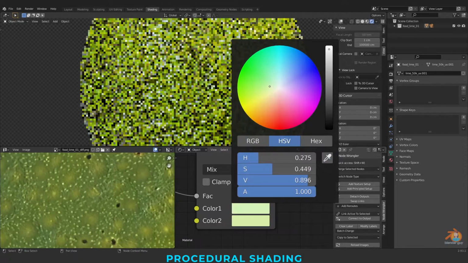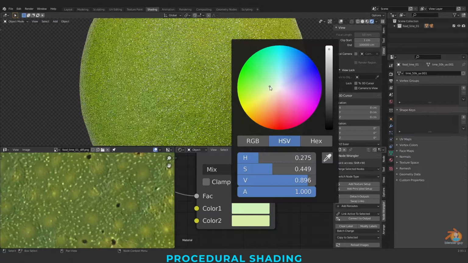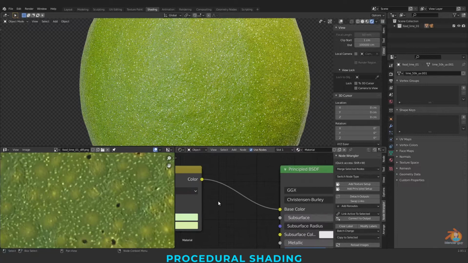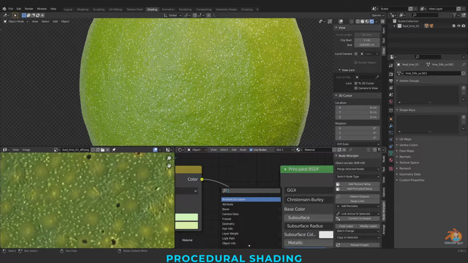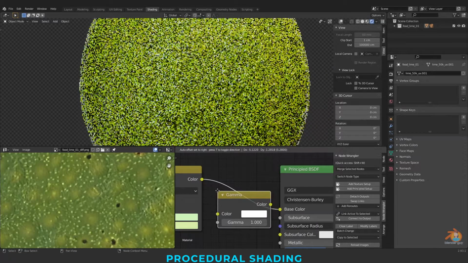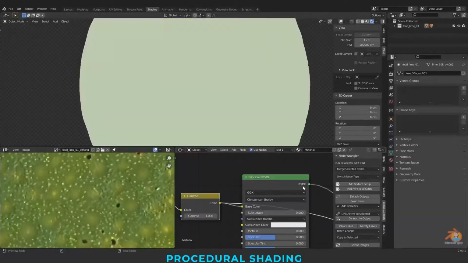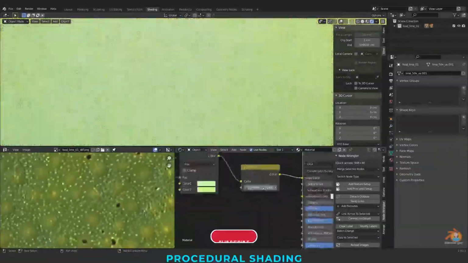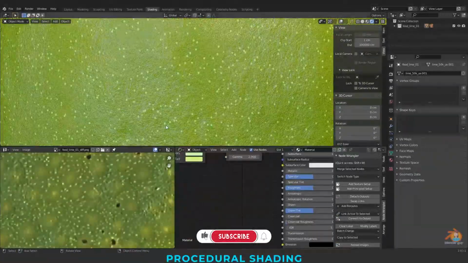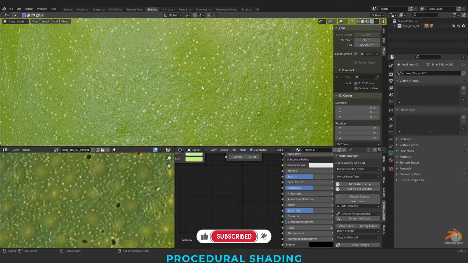Also I'm adding a gamma here. So these are our dots.